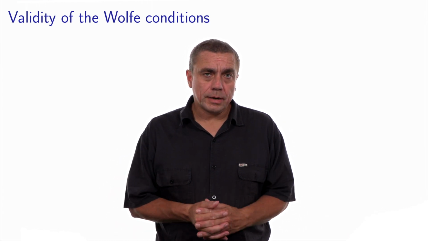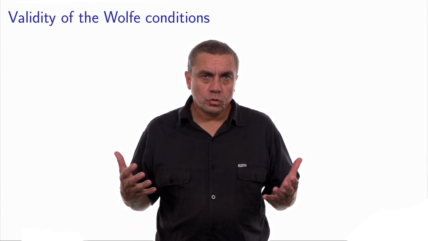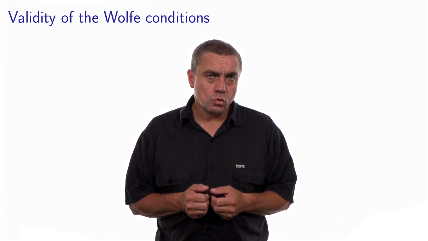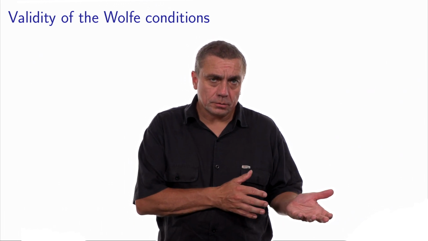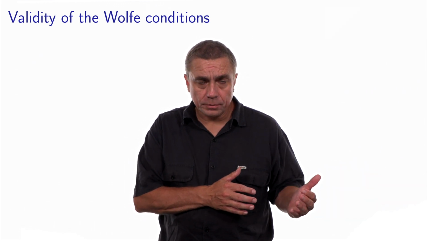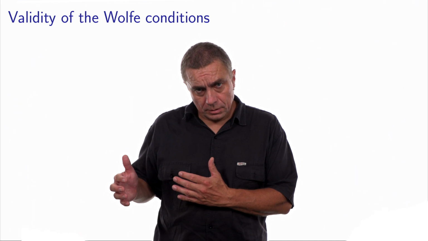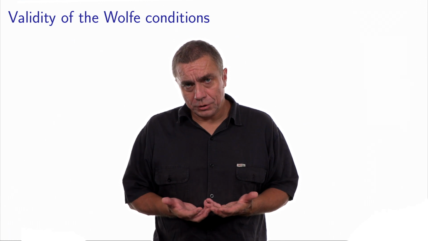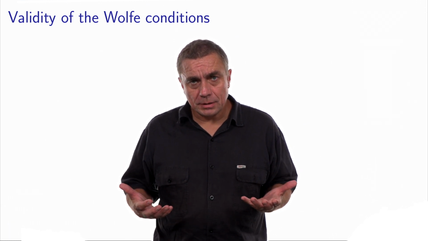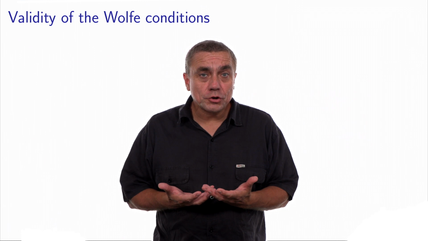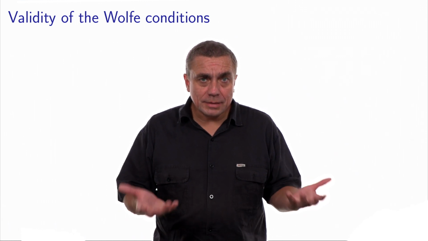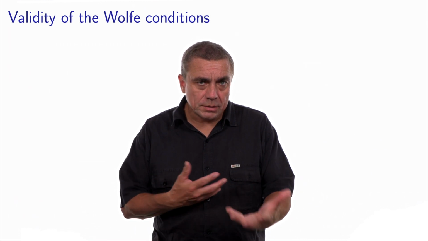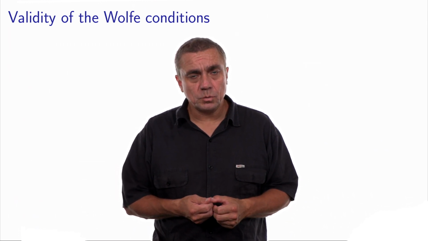We have identified two conditions to characterize valid steps along a descent direction: the two Wolfe conditions. The first condition forbids steps that are too long, and the second condition forbids steps that are too short. Now, when we put the two conditions together, the key question is: are these two conditions compatible, meaning, are there steps that verify both of them? The answer is yes, and we will see in which circumstances this happens.